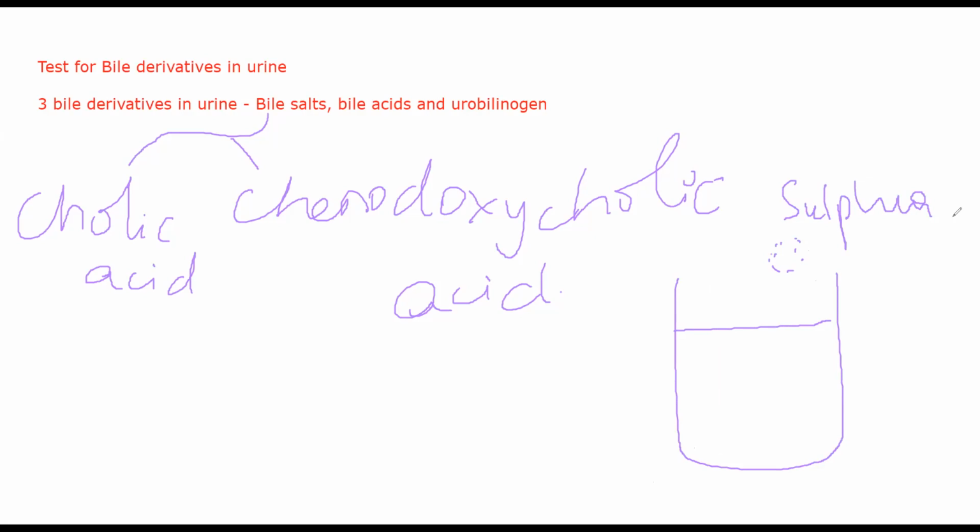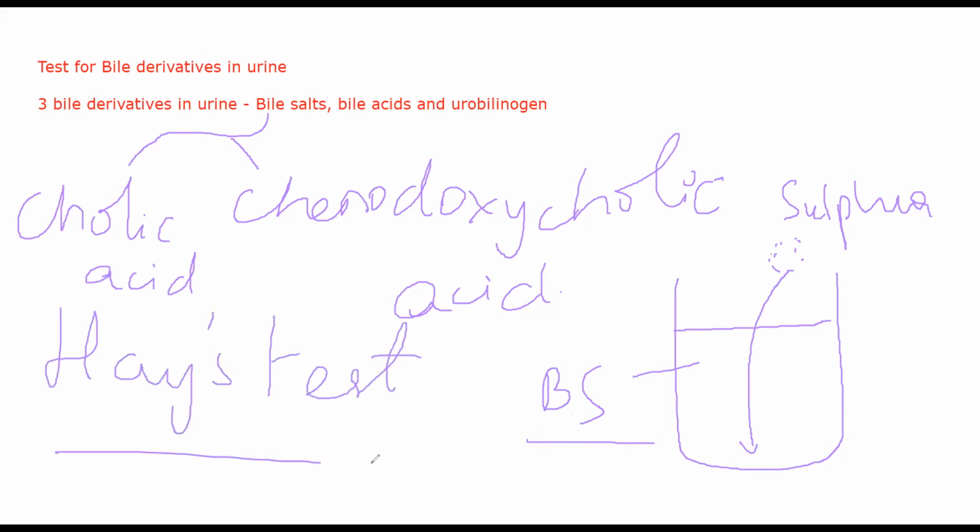If bile salts are present in urine, because they are lowering the surface tension of that urine, sulfur will sink down. If the patient's urine has bile salts, cholic acid and chenodeoxycholic acid, this sulfur will start coming down. Okay, it will settle down. If bile salts are not present, then that sulfur will float on the surface. That is the interpretation of the test. You'll mainly see bile salts in urine if the patient is suffering from obstructive jaundice. That is the only test that you use, Hay's test, the significant test. There are other tests as well, but this is the most simple one and the most commonly used one.